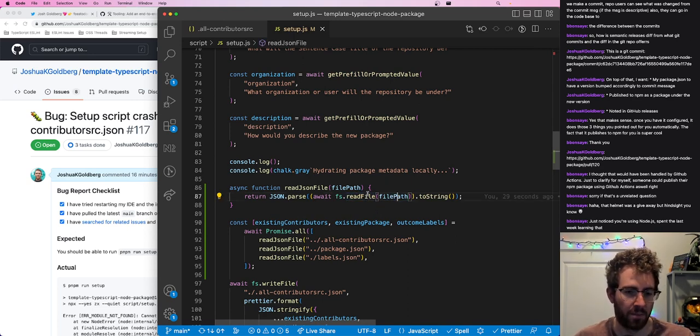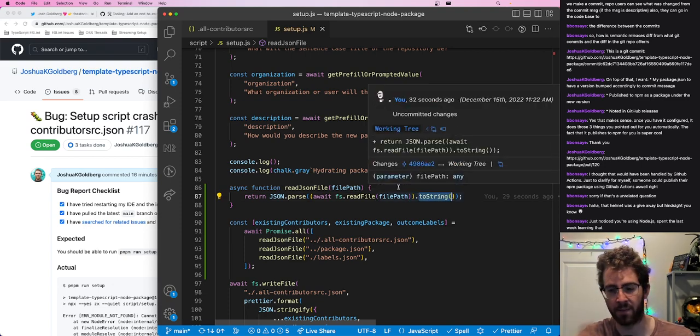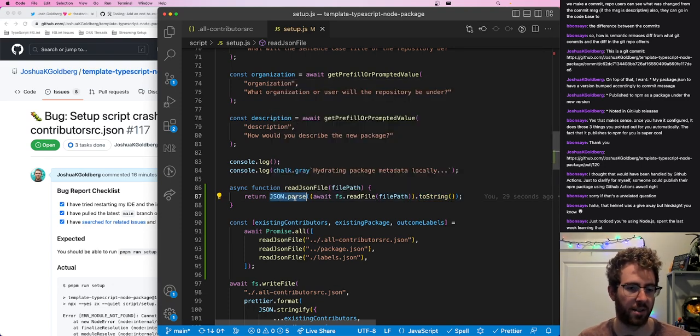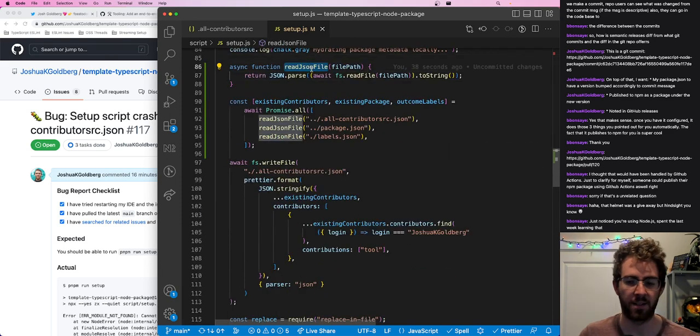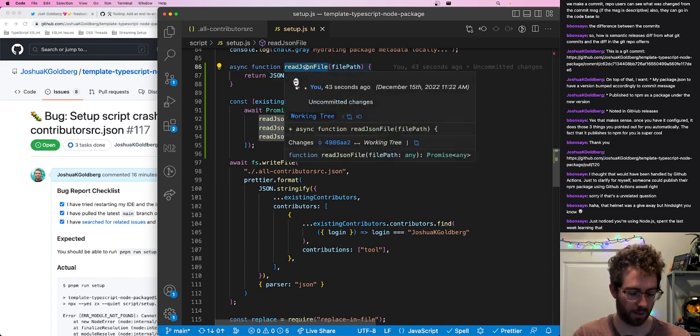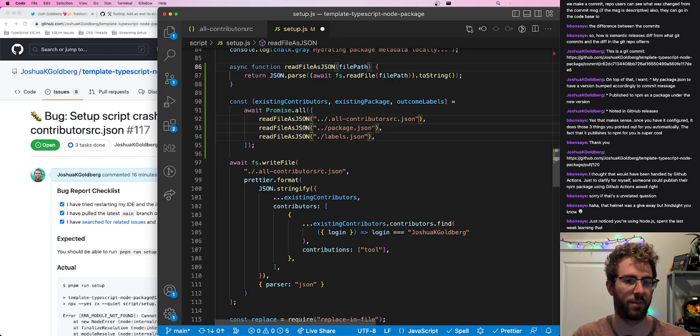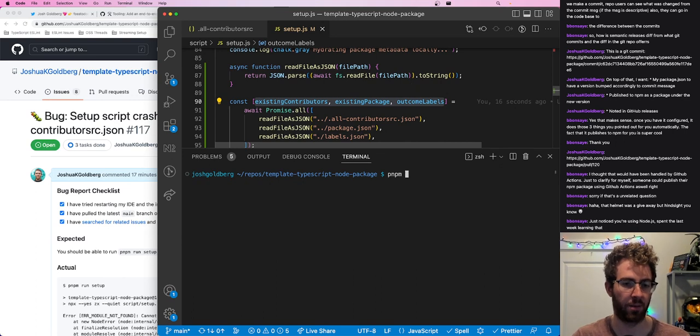It reads the file, does toString, because when you read a file, you get this buffer thing that's not actually a string, and then returns JSON.parse. So readJSONFile is an async function that reads a file and parses it to JSON. Actually, I'm going to call this readFileAsJSON. Then I do three things in parallel. I readFileAsJSON all-contributors, readFileAsJSON package, readFileAsJSON labels. And I load these into data. So now if I run pnpm run setup,